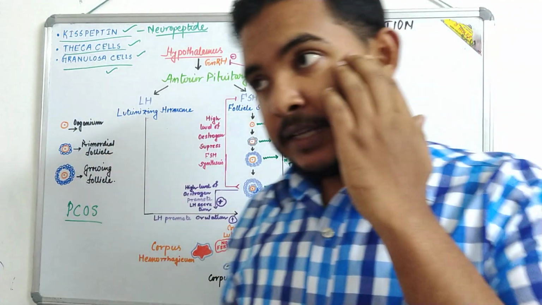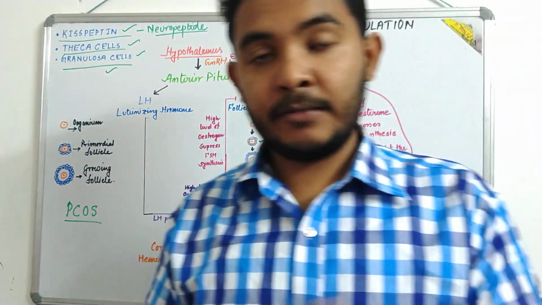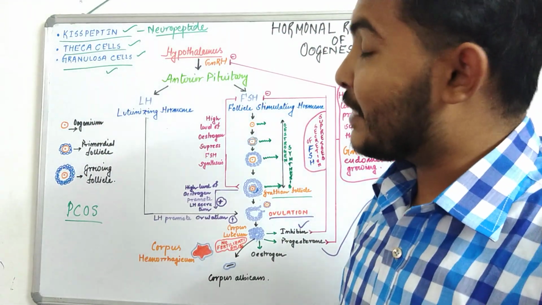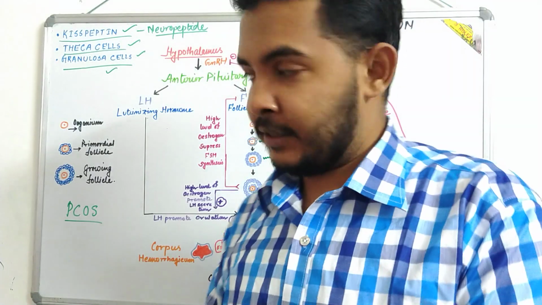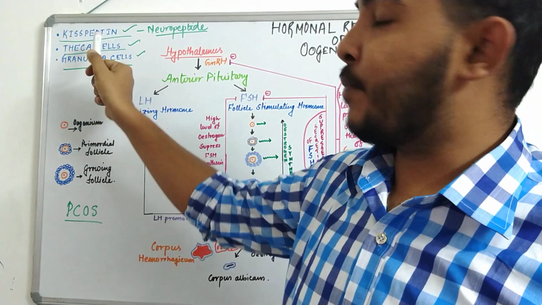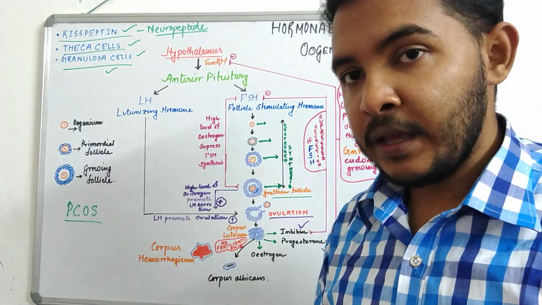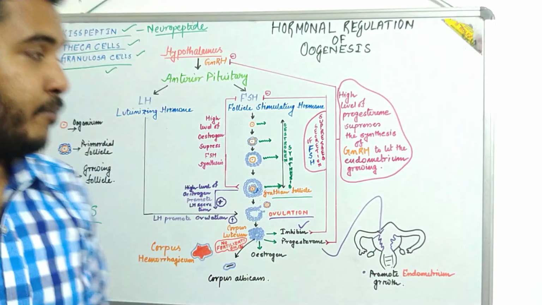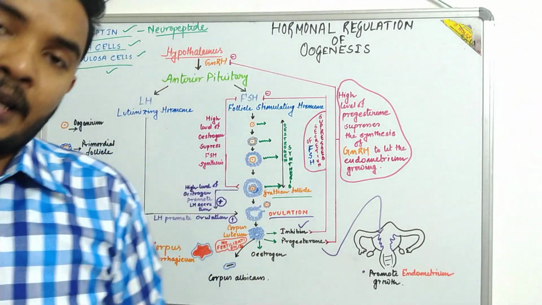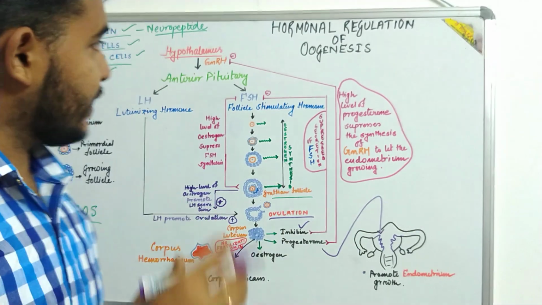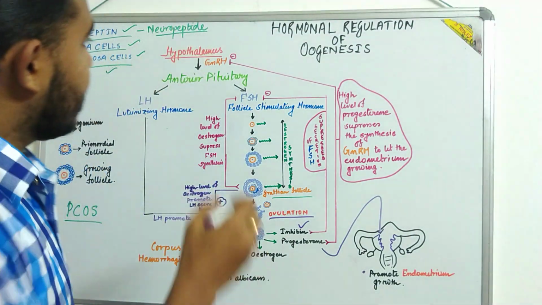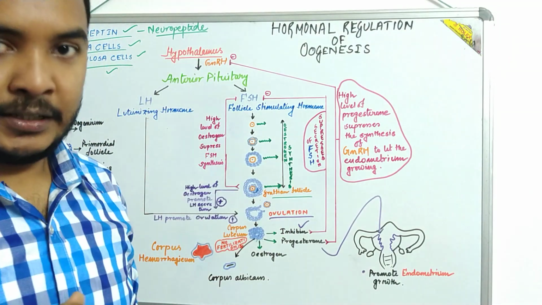So I want to tell you something: some recent studies, some recent research has been conducted to tell you about some new hormonal role in this whole process of oogenesis. At the top corner you can see kisspeptin. What is kisspeptin? Kisspeptin is a neuropeptide. I have mentioned here, neuropeptide means it's a peptide hormone that has some neural origin. So that neuropeptide is a gateway. It is an activator of the hypothalamus to release GnRH.